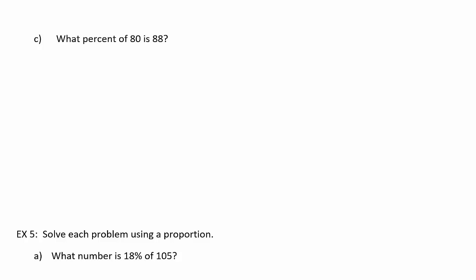Finally, in example C, we don't know the percent. It says, what percent of 80 is 88? Now the number after the "of" is always the total. The number after the "is" is always the part. If I translate this directly into an equation: what percent, that's my unknown, my x, of is times 80, is is the equal sign,